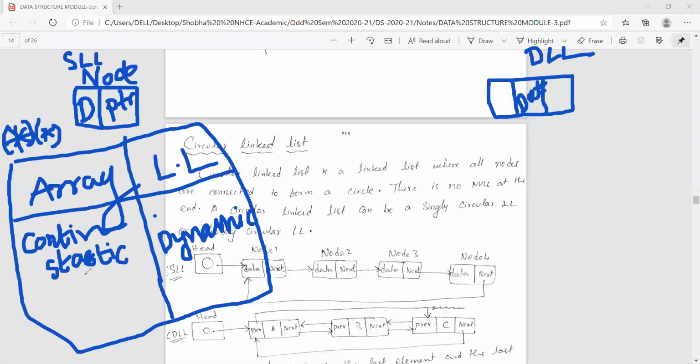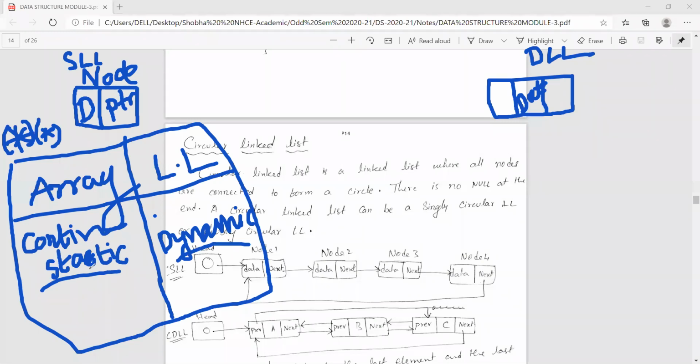Static means at what time is memory allocated? Compilation time, before runtime. Dynamic is during runtime. That is a difference. Please understand static and dynamic. This is a very important difference between array and linked list.